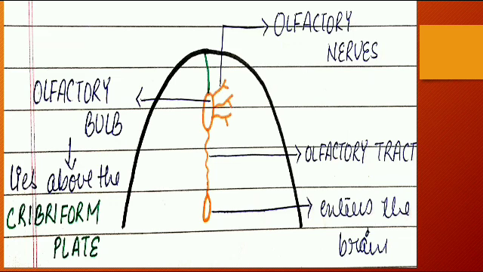And the only cranial nerve emerging from the forebrain is your first cranial nerve, of course your olfactory nerve. And the bone forming most of the anterior cranial fossa is, of course, the orbital plate of the frontal bone. And the cranial nerve arising from the pons is your trigeminal nerve.